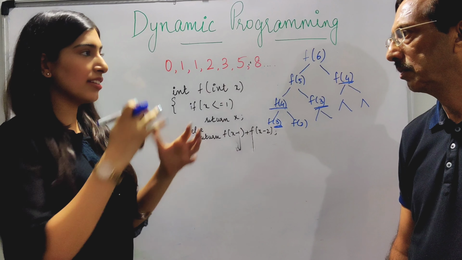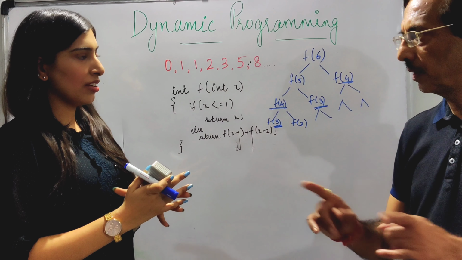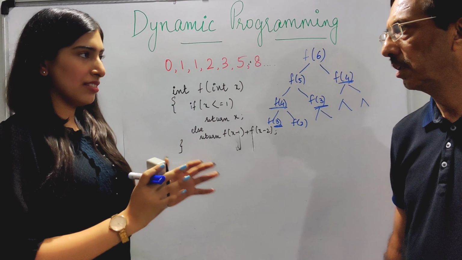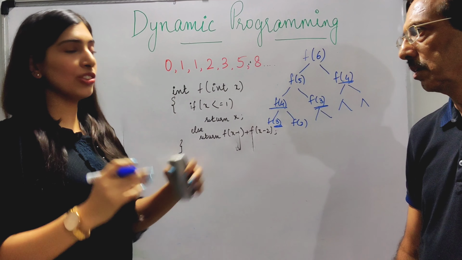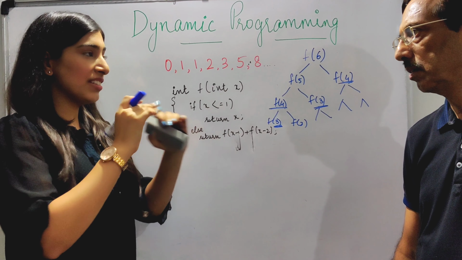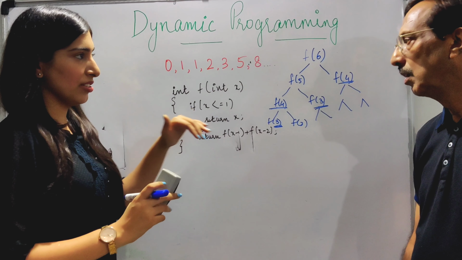There is tabulation and there is memoization. So those are ways to store the subproblems. Both these methods are for Dynamic Programming. One is called the bottom-up approach, one is called top-down. These are just huge terms, but it's very easy. Let me explain. So we'll be using DP for this now.